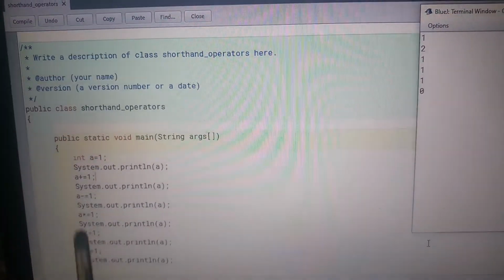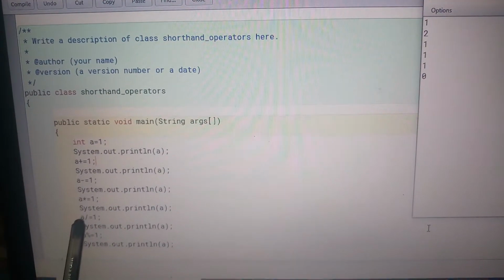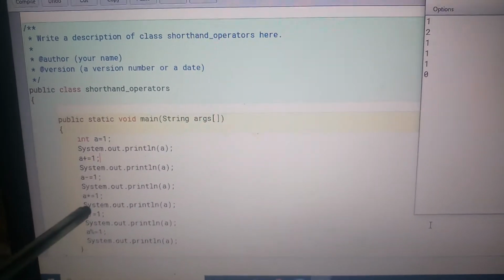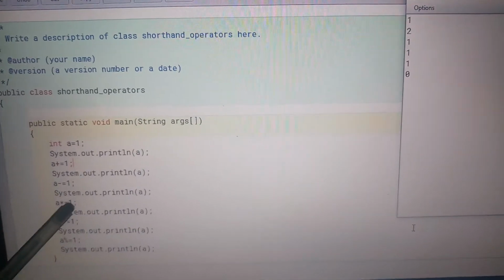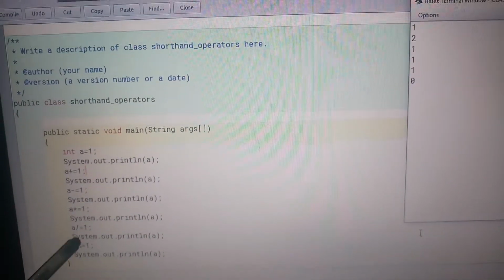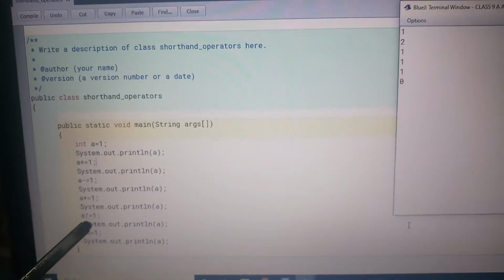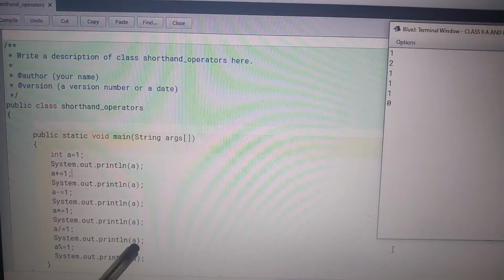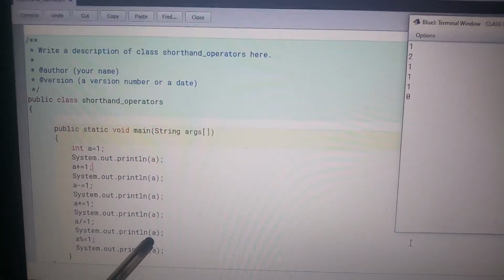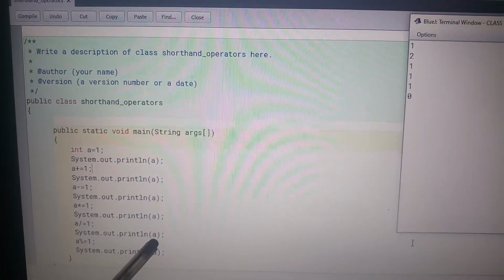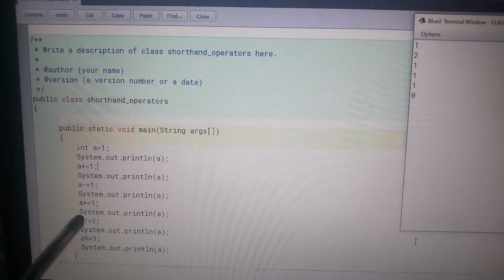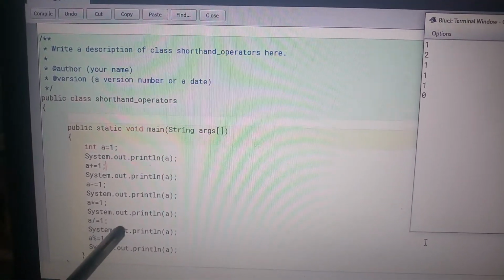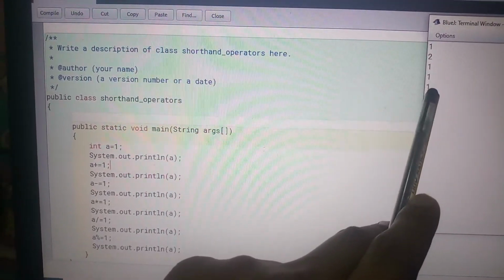Now if I divide a by 1 and store and show the result in a, then 1 divided by 1 means the result will be 1.